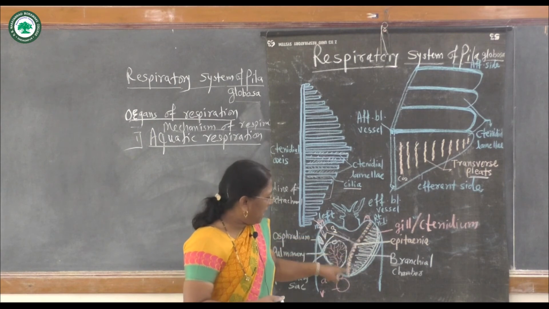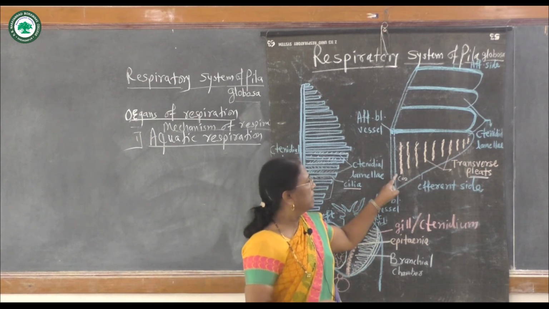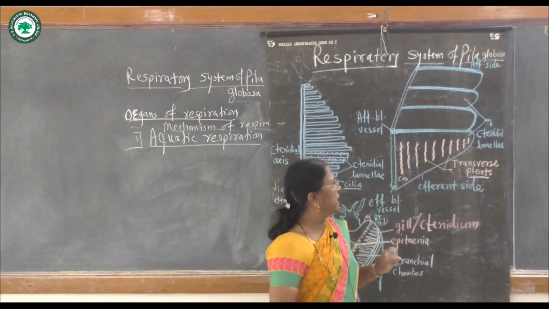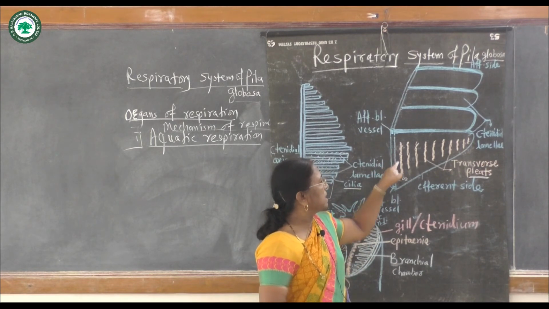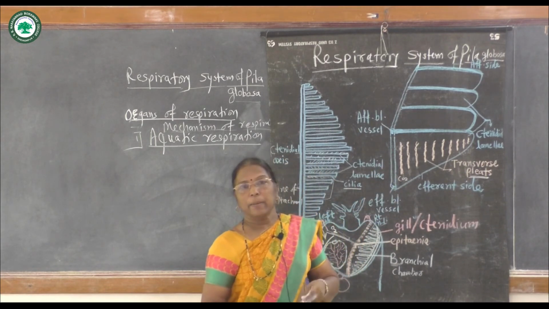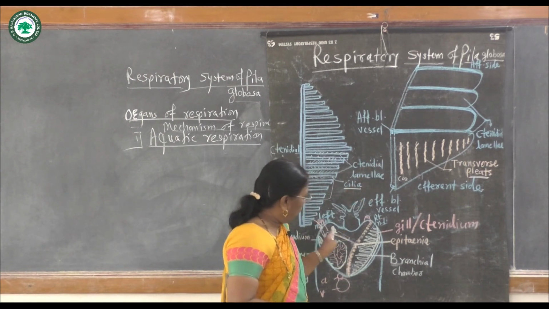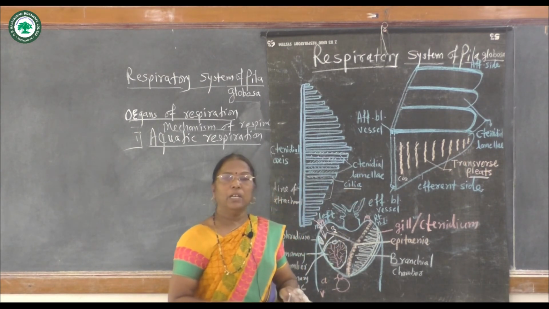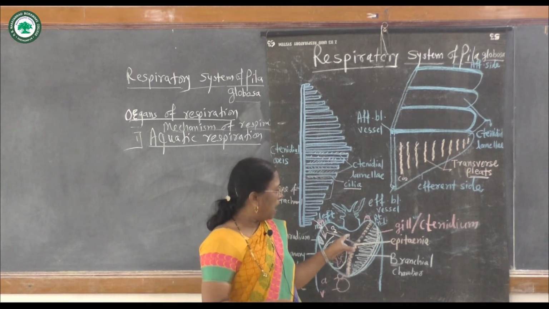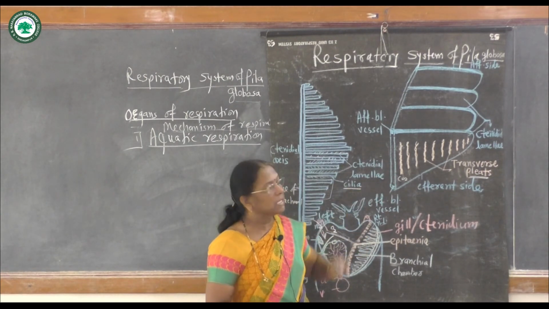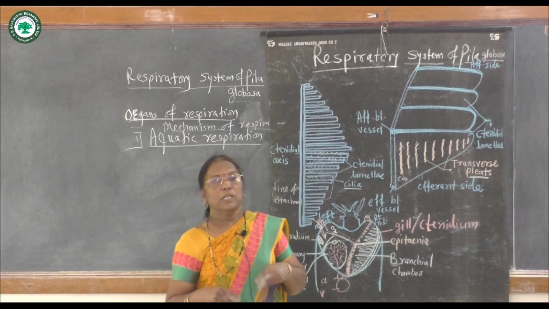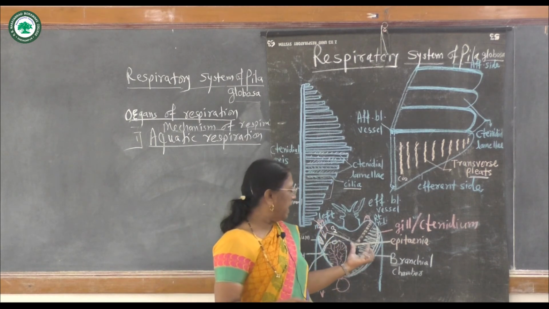These lamellae are supplied with transverse slits which contain deoxygenated blood vessels. This incoming water has dissolved O2, and here in the blood vessels there is CO2-containing blood. There is an exchange